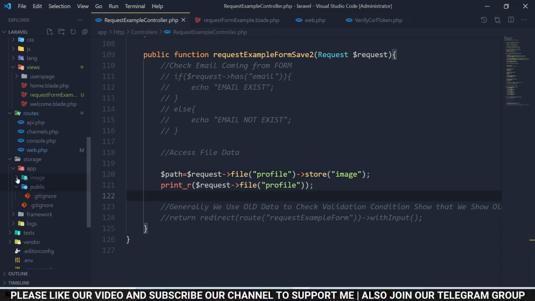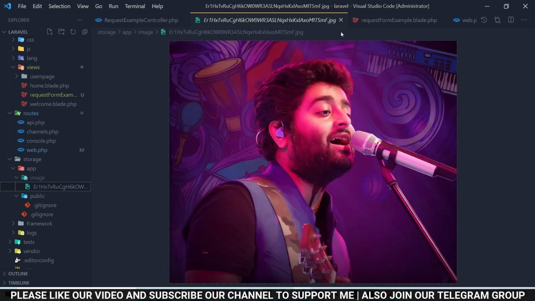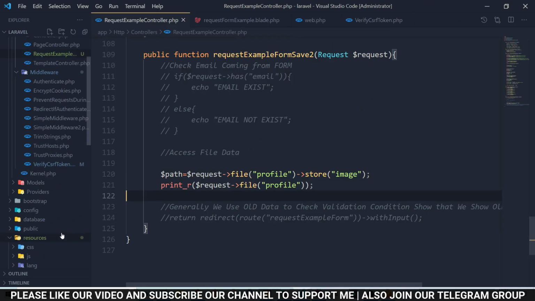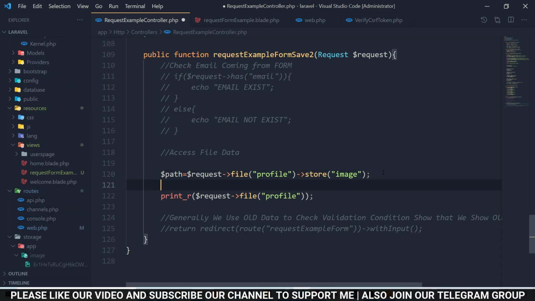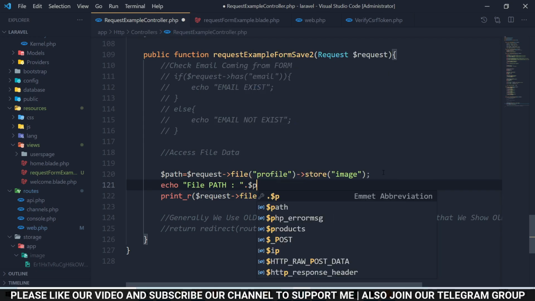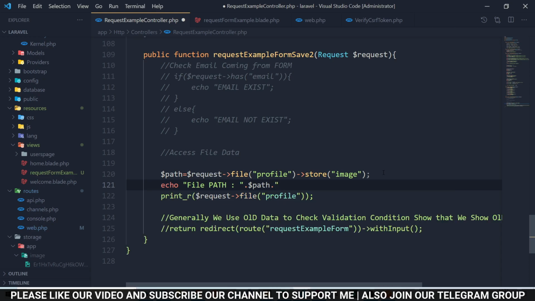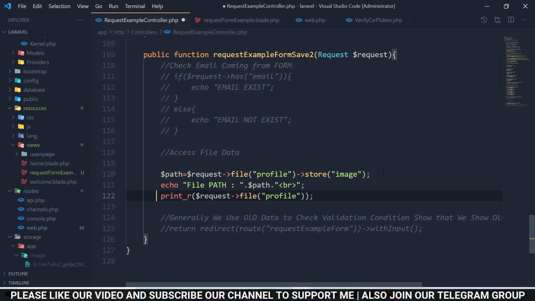Here you can check. If I click on image, you can see the new file which I just uploaded. So in that way you can save a file in Laravel, and the path will return your file path. Let's see, echo file path $path, and let's remove this.